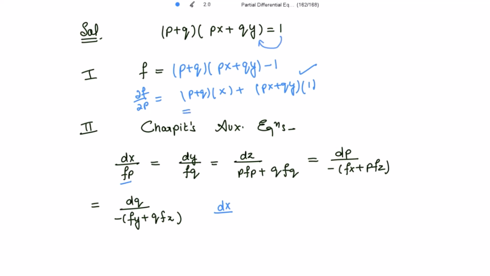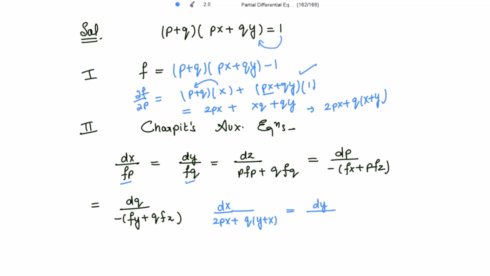This is further equal to 2px plus xq plus qy. We can take q common, so this is 2px plus q into x plus y. So writing here 2px plus q into y plus x equals to,